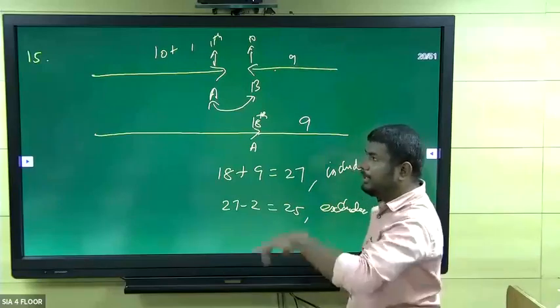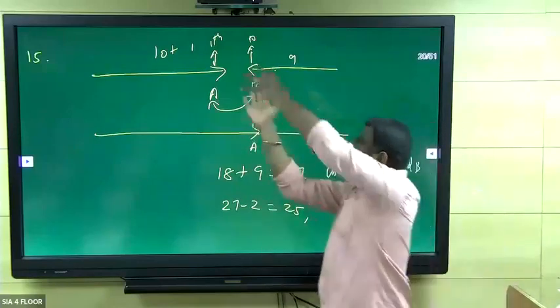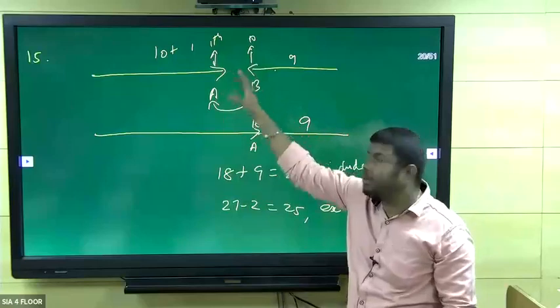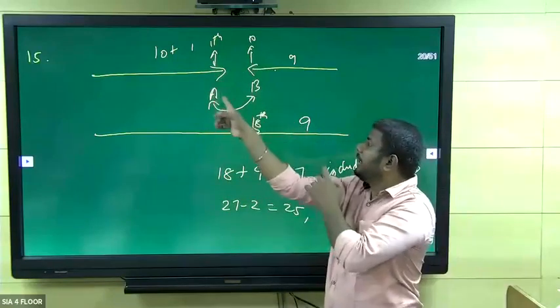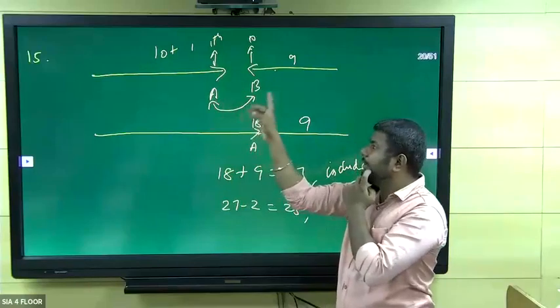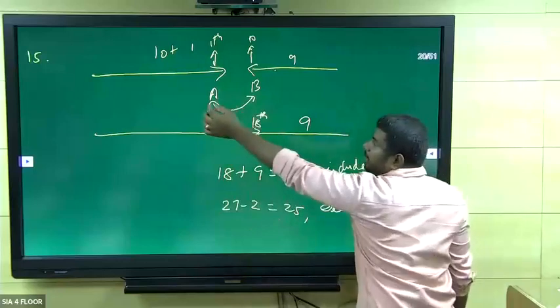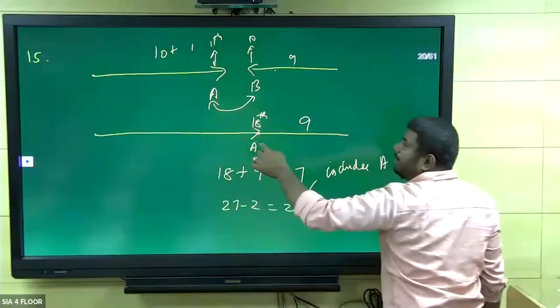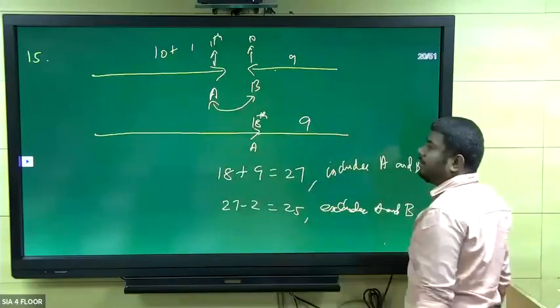So now another statement is A and B are going to interchange the position. We don't know how many persons are in between A and B. Now the statement is A and B interchange the position. If this happens, A is 18th from the left. A is coming to this position. We already know A is 11th from the left. Now A is 18th from the left.